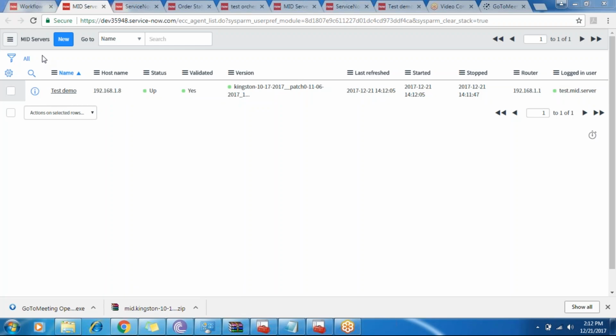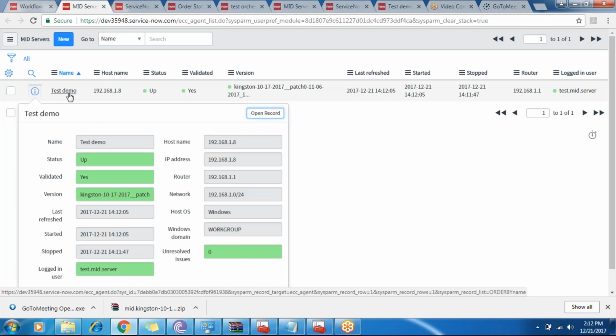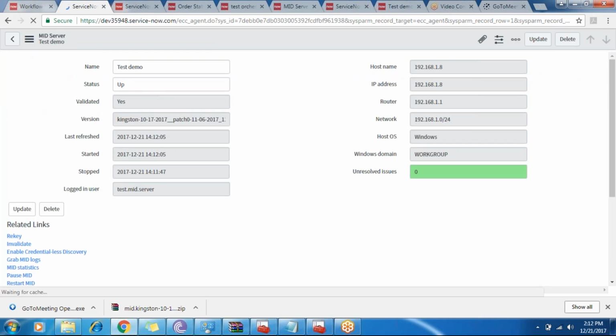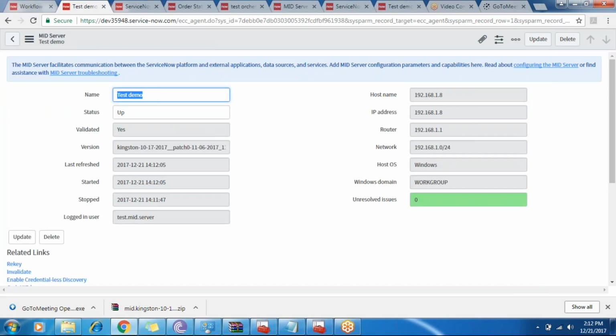There is an entry in the server's list, that is the MID server list, with the name test demo which I have given. The status is up because we have restarted it. The first time you do that, the validated status will be no. As I have already installed that, it's a second time for me.